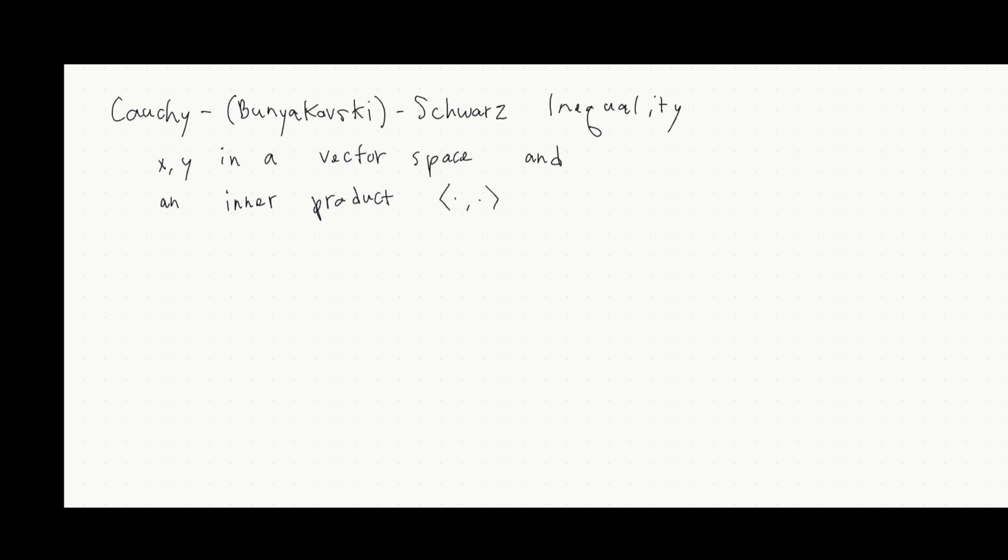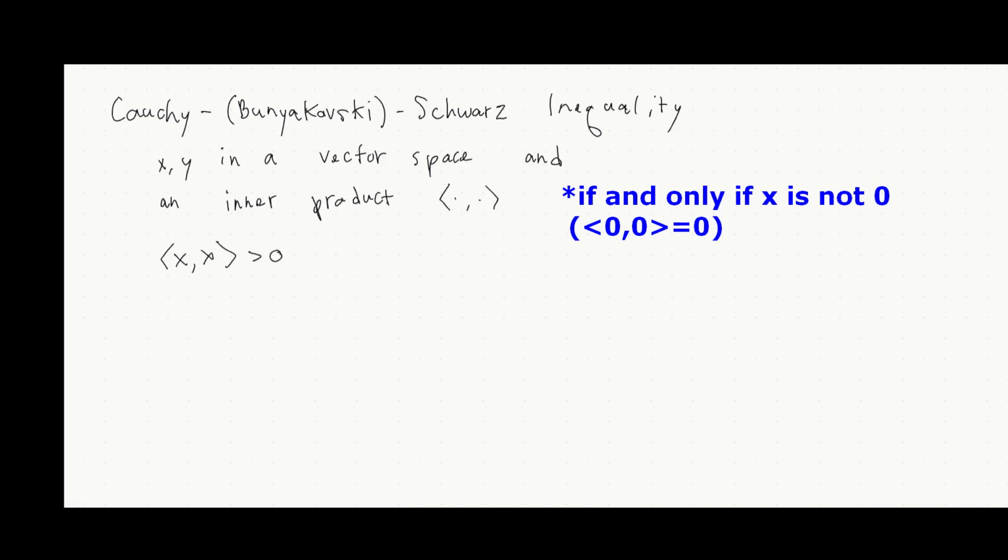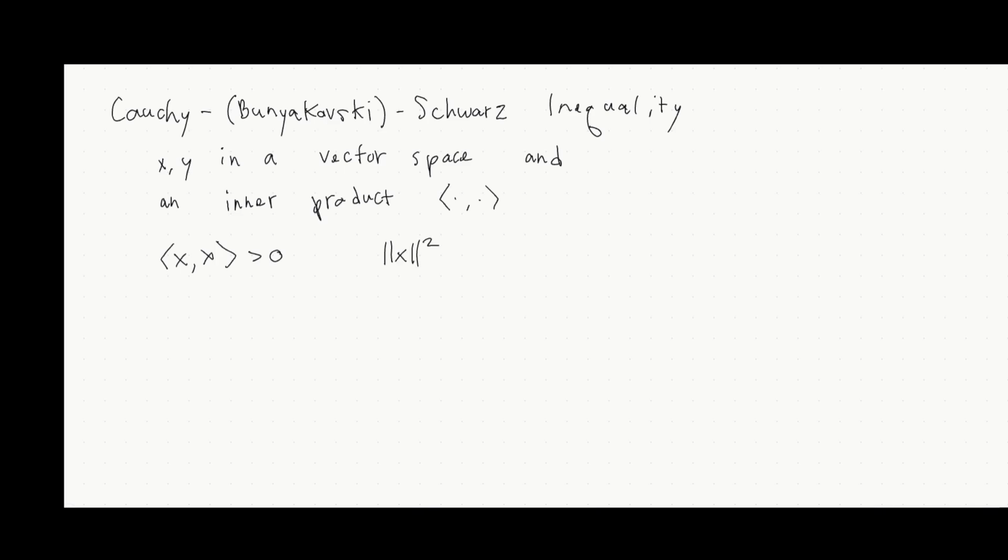One is positive definiteness, meaning the inner product of something with itself is positive and not zero. So this is going to give us the norm of x squared, actually. So if we're thinking of the dot product, then x dot itself is the length of x squared. And we need linearity, so we need to be able to distribute